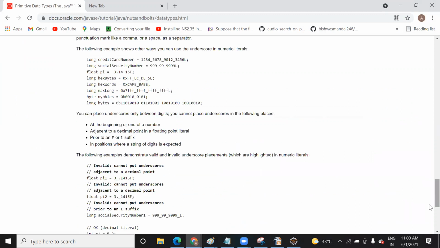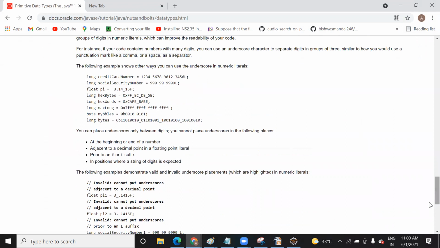So we have seen the different kinds of variables and how you can declare them. And one more thing: whenever you declare a float variable, just add f to it, so that it helps the compiler identify that it's a float value, and you do not have more than 6 digits after the decimal.